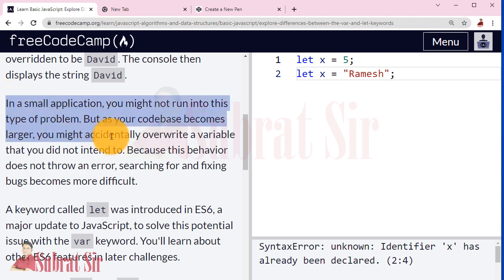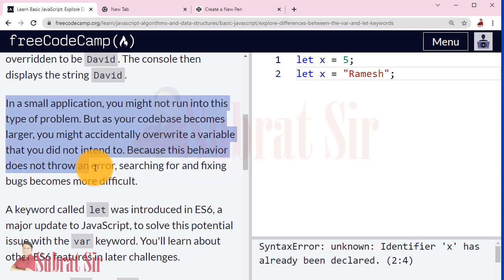So in a small application, you might not run into this type of problem. But as your code base becomes larger, you might accidentally overwrite a variable that you did not intend to. If you did it intentionally, then that is not a problem. But if unintentionally you did something, then your program may give you error.